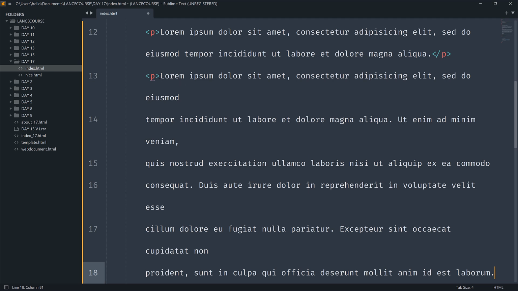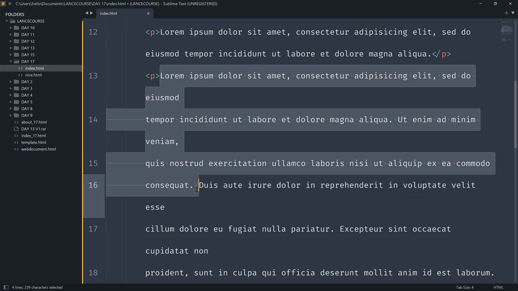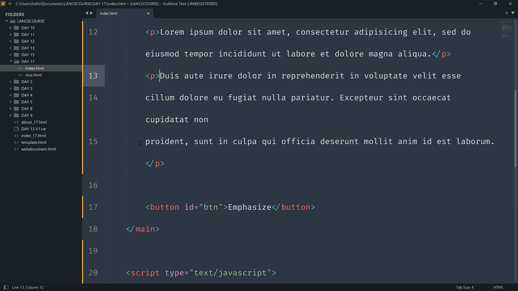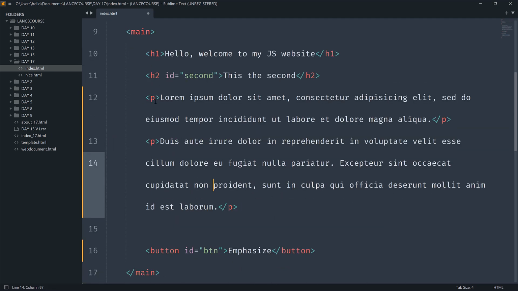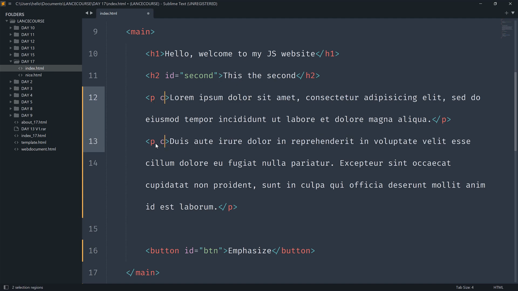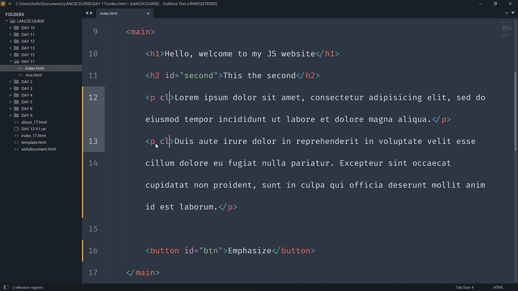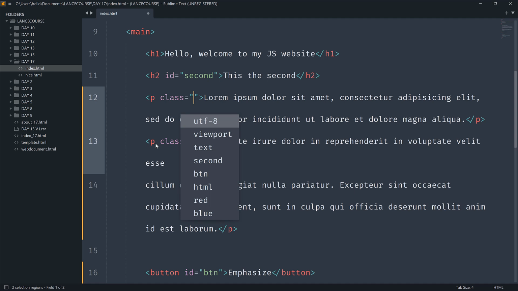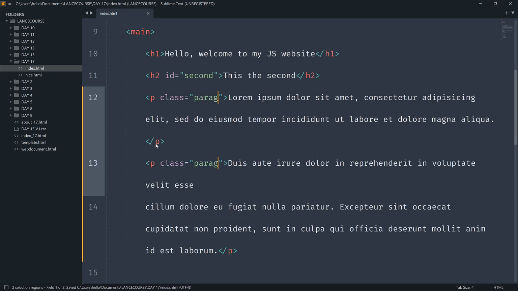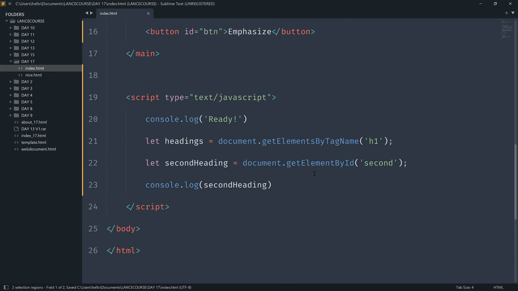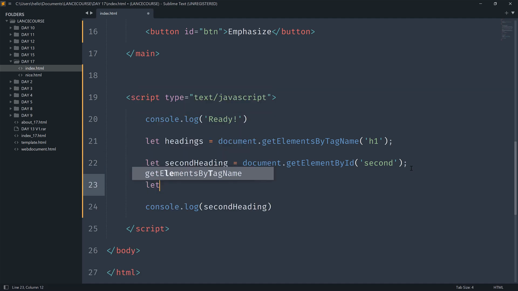Let me also reduce this dummy text. So I'll make it simple as this. And then I'll decide to give these paragraphs a class. So I'll group them into a class, which we'll call, let's say, parag, for paragraphs. And then we decide to actually pinpoint or pick this paragraph. So now I'm going to start with a variable name, paragraphs